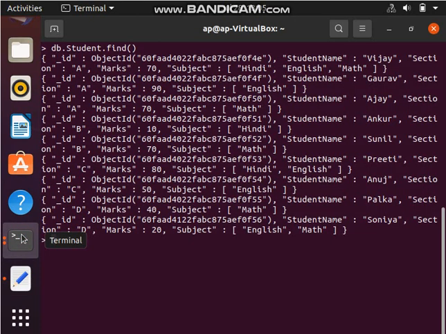For this, I've already opened up my MongoDB shell, and I'm working on a collection called student. I made use of this same collection in the last video as well, where I explained match and project, so the same collection is used today. In this student collection, we have 4 major fields: student name, section, marks, and subject. And this subject is an array field, so we'll be making use of unwind against this.